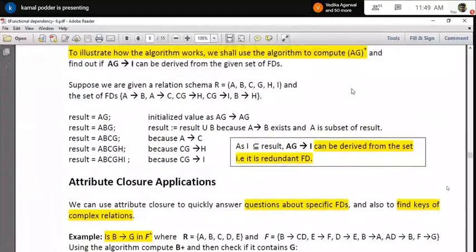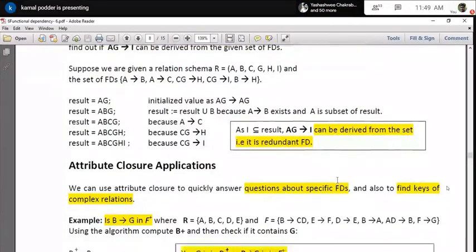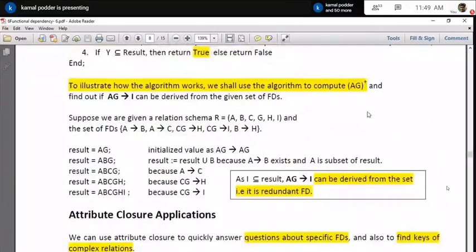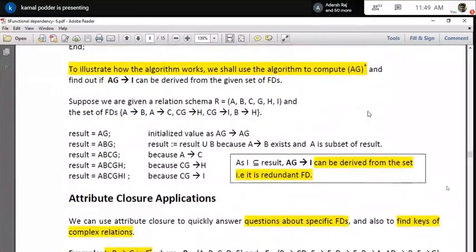Okay, and in examinations and for other purposes also, they will give you some set of FDs, a relation. They will ask you to find out whether this particular FD can be derived from these FDs or not, whether it is a key or not, like this. So by examining a lot of examples with the help of this algorithm, it will help you understand the algorithm as well as practice solving a lot of problems. Okay, so one by one, I will discuss a lot of other examples and some other concepts also next day. So from here I will cover it next day.